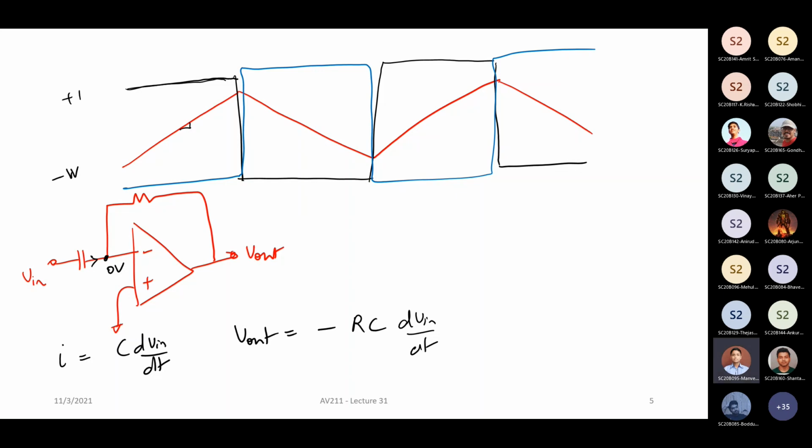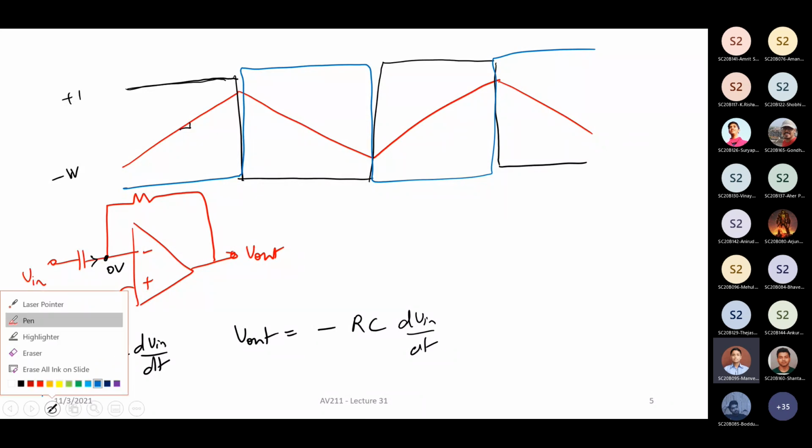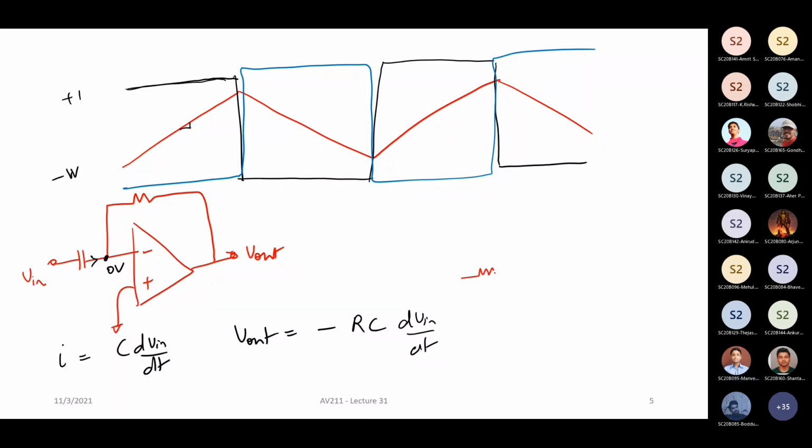Sir, one more thing. Just like in the integrator circuit, you told that there is an effect of the time constant, here also, is there some effect of the time constant? Yeah, so in an actual differentiator, you'll have some series resistance with the capacitor, because any capacitor that you take in practice will have what is called the ESR, equivalent series resistance.